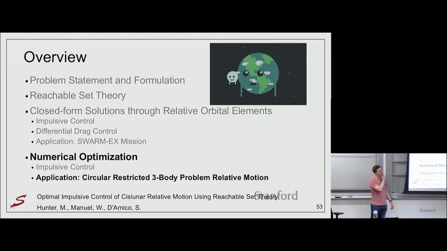The other reason is that not all situations, even within that, can be solved optimally. The numerical algorithm will always result in the optimal solution to the reconfiguration. But as you saw before, when coming up with in-plane maneuvers for impulsive control, we do the best we can, and we work with the situations that we can. For the delta lambda dominance case, there just is no way in closed form to come up with an optimal maneuver profile with the techniques that we currently have available. So a very practical example